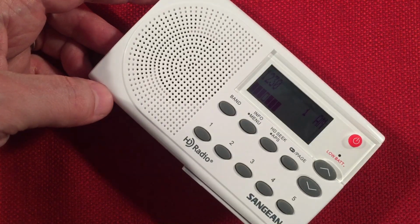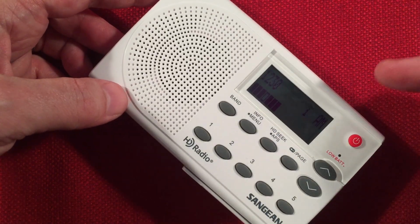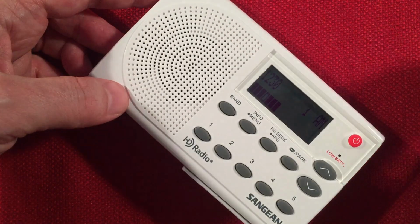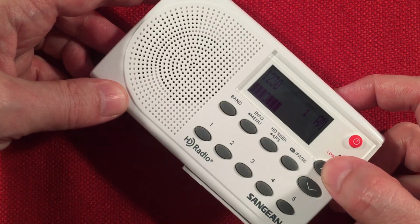I noticed when signal's lower, it's like auto shifts the tone. It kind of lowers the tone, maybe to help legibility. When you get full strength, I noticed it brightens the tone. I don't know if you guys noticed that, but I did. You talk about the still, so you've already kind of...